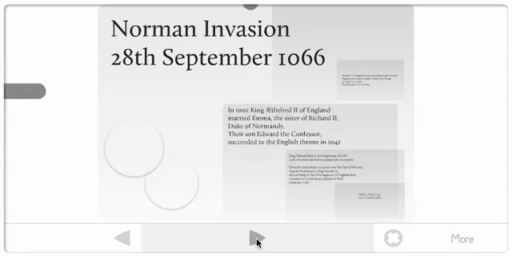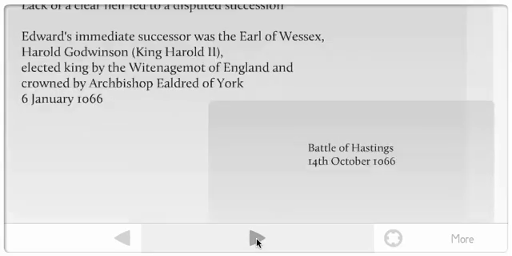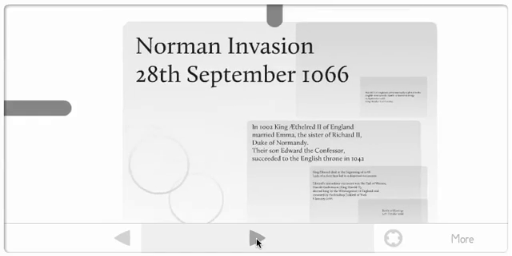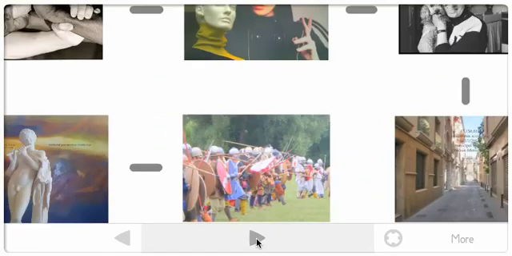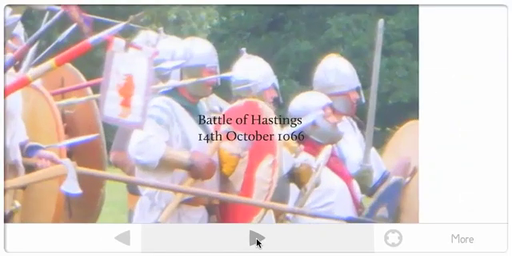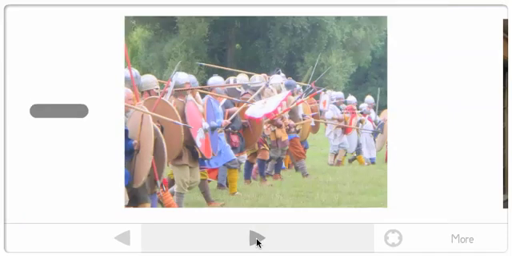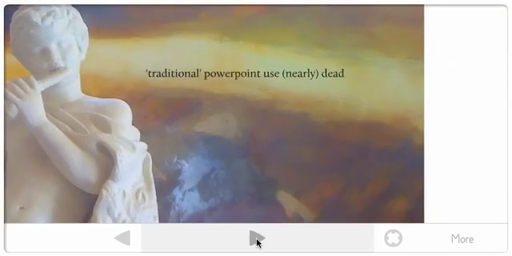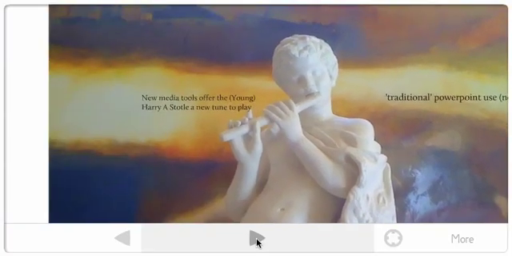The use of Prezi to actually layer text was explored, the idea that one can position text in different ways, hide things, the fact that one can actually place text on a visual and within a visual was also explored and discussed. And I think the conclusion in part was that traditional PowerPoint isn't absolutely dead, but that actually there